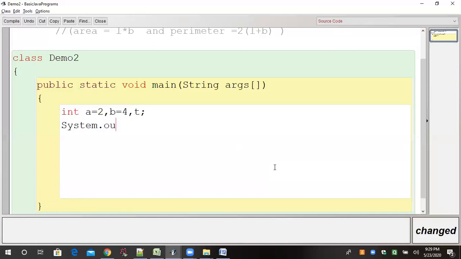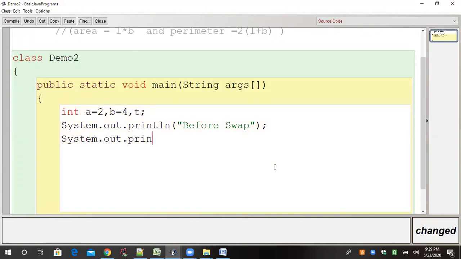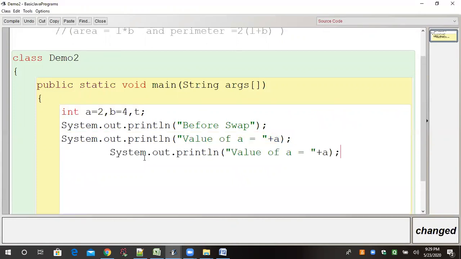So System.out.println: before swap, value of A is equal to A. I'm writing it like this to differentiate. I'm just copying this to save time. And the value of B is equal to B.